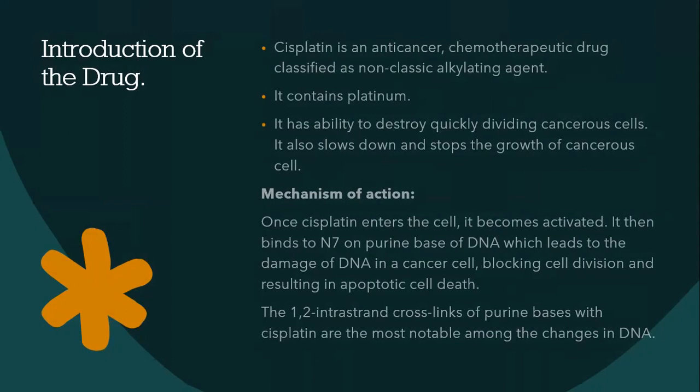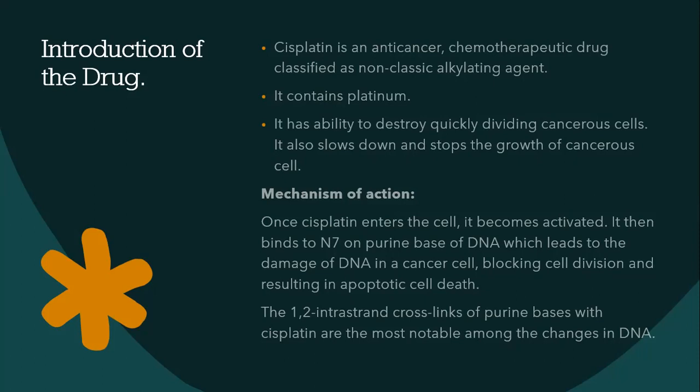Now, if we talk about its mechanism of action, a lot of research has been carried out on the mechanism of action of cisplatin, and it has been concluded that it stops the proliferation of cancer cells by binding to cells' DNA. Due to this binding, the structure of DNA changes and it leads to destruction of DNA. Cisplatin is administered in the form of IV infusion, and it is a prodrug which gets activated once it enters